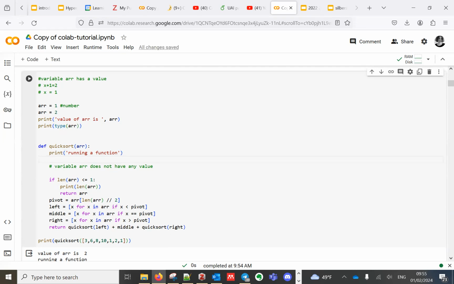Another very important foundational thing we can do in the function is that when you access the function and start to write code, you will need to understand what this variable type is.